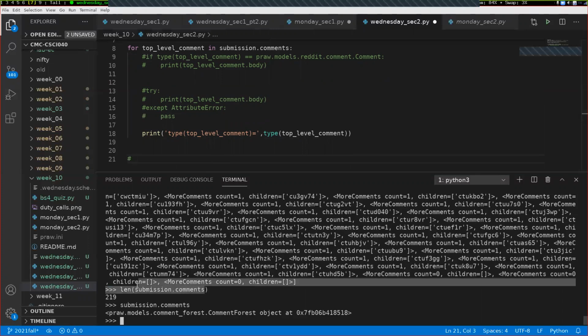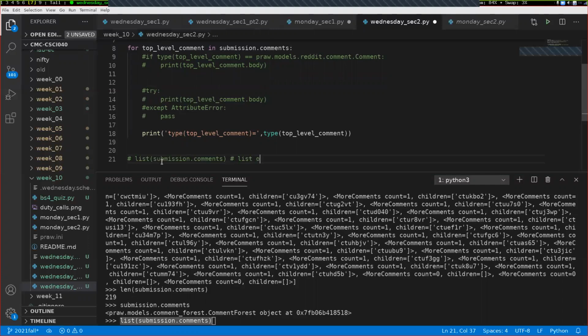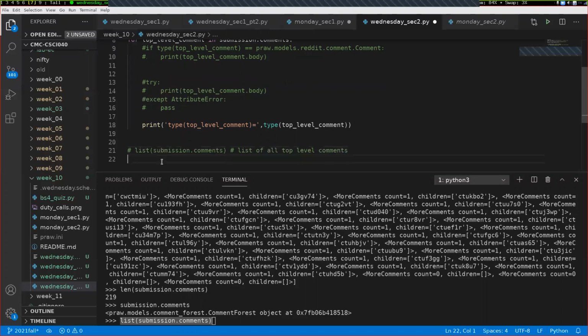If we want to get just the top level comments as a list, I can do list of submission.comments. The list function will convert that into a list. This is a list of all top level comments. Very confusingly though, if we do submission.comments.list, this gives us all of the comments. It is a list of all comments, including replies. So this handles going through the dot replies and has an accumulator inside of it that just adds all those together